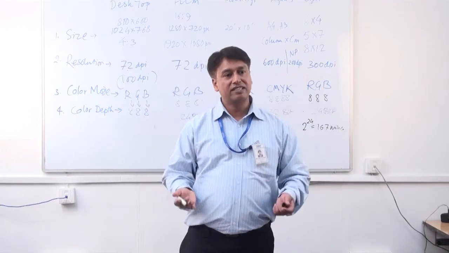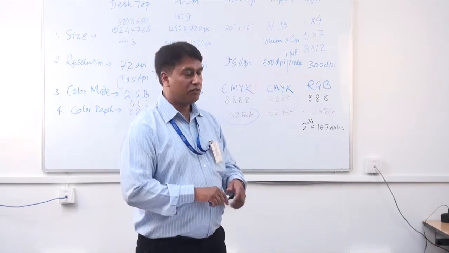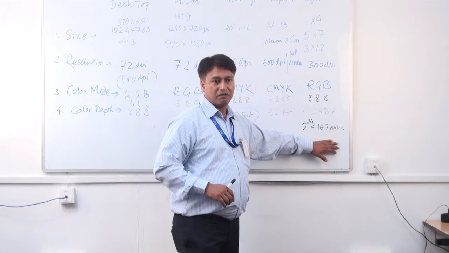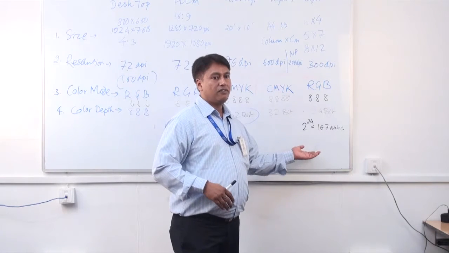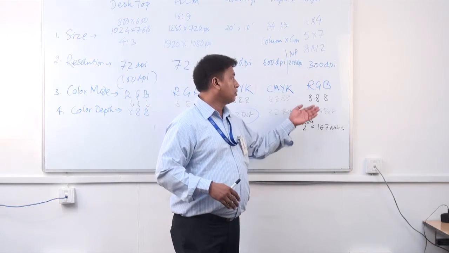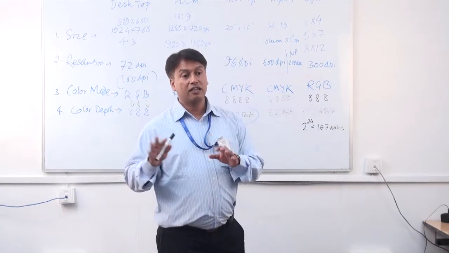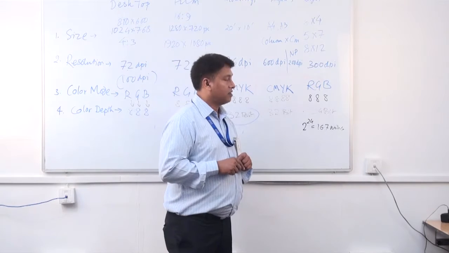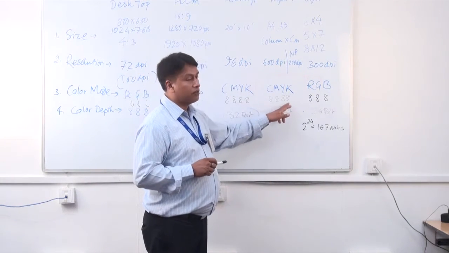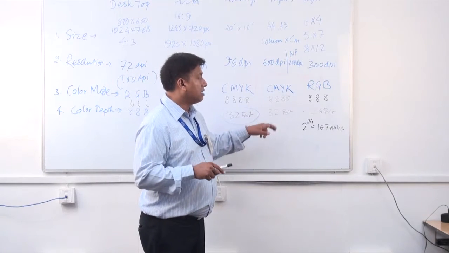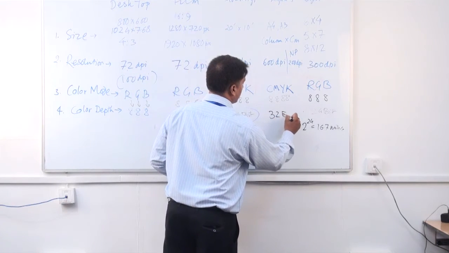So that's an equation. So now you can understand why we are showing 16.7 million. This is the reason. It is an overkill, but we have to calculate it. Because we want to store red, green, blue in 3 channels of 8-bit, that's why we will have a 24-bit image. Similarly, cyan, magenta, yellow, black will have 4 channels of 8-bit. That's why that image will be a 32-bit image.